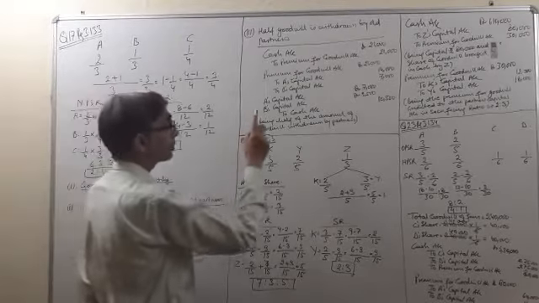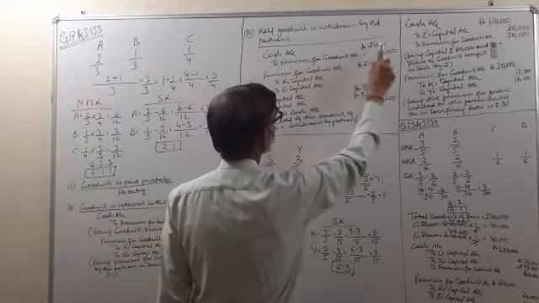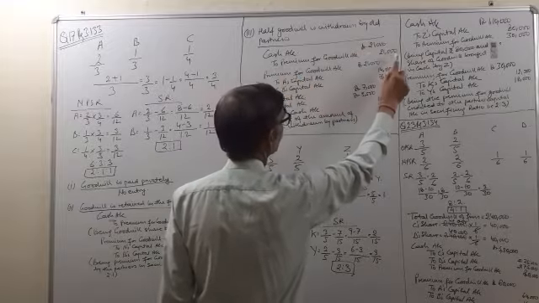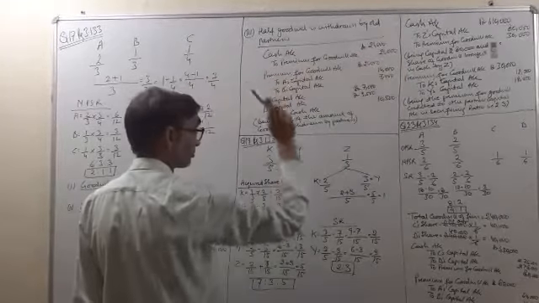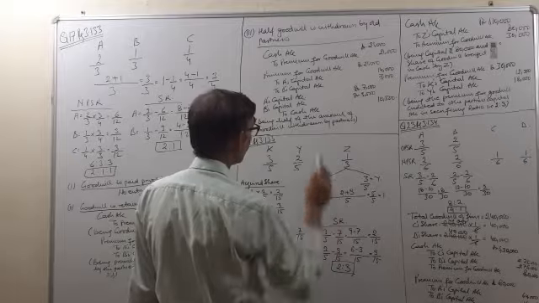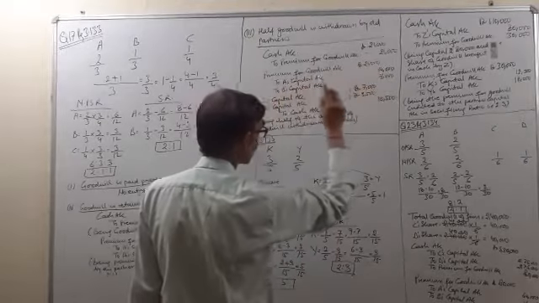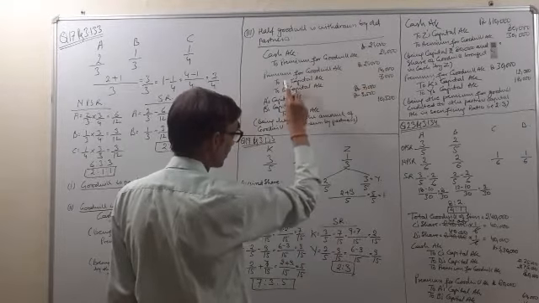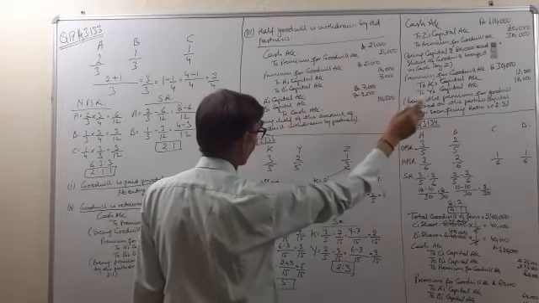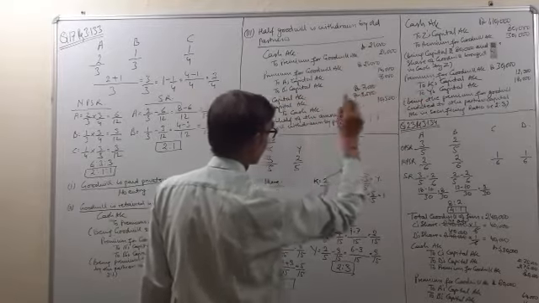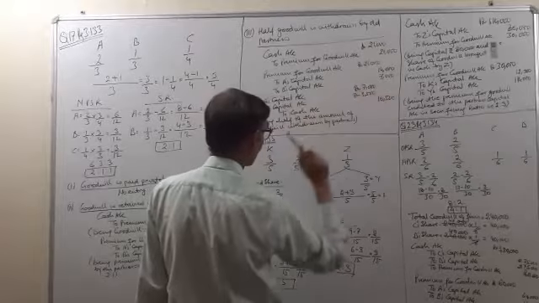So over here, cash account debit 21,000 to premium for goodwill account, the amount of premium for goodwill that has been brought. Then this premium for goodwill account 21,000 will be credited to the partners in the sacrificing ratio: to A's capital account 14,000, to B's capital account 7,000.